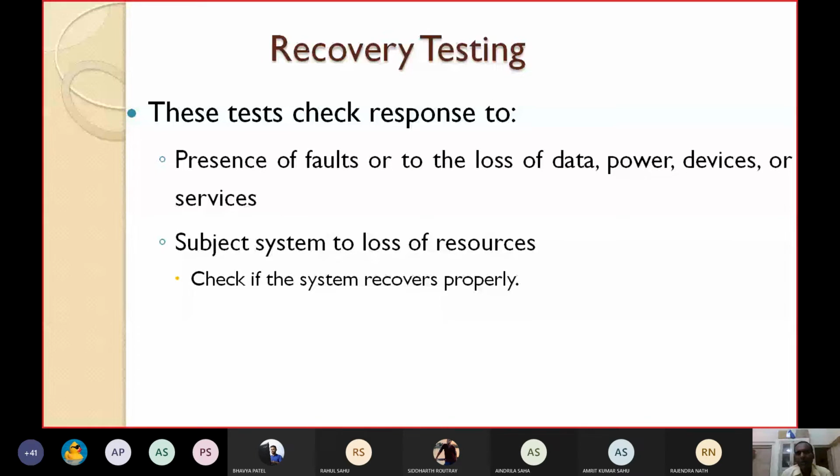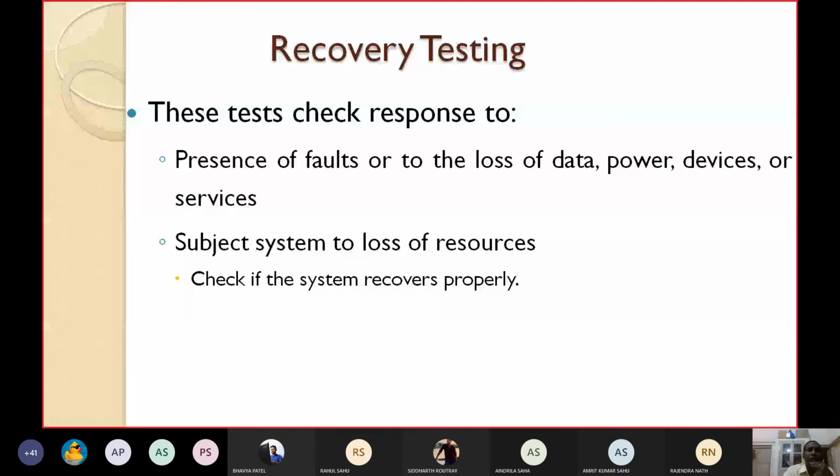From the point the power has gone, maybe just before that some data will be lost, but most of the data will be there because it performs auto checking. So this recovery testing is performed there, so that Microsoft Word documents are saved automatically. Why? To recover: if there is some power failure, it can automatically recover the data to the maximum extent possible.